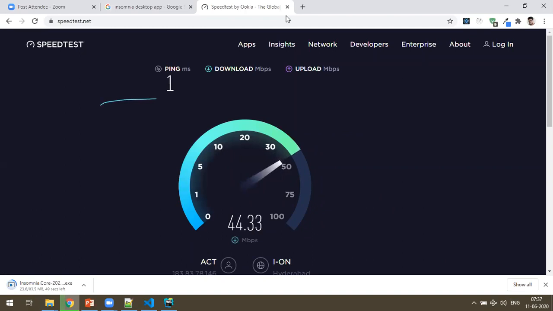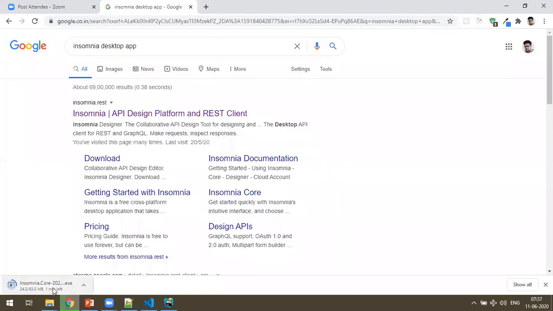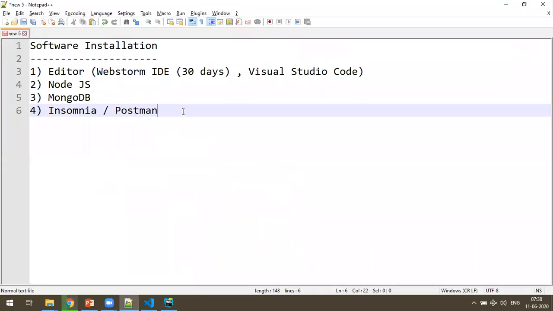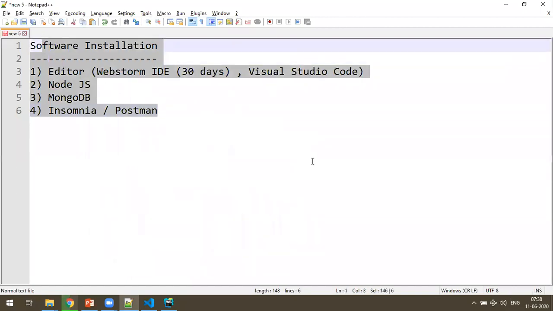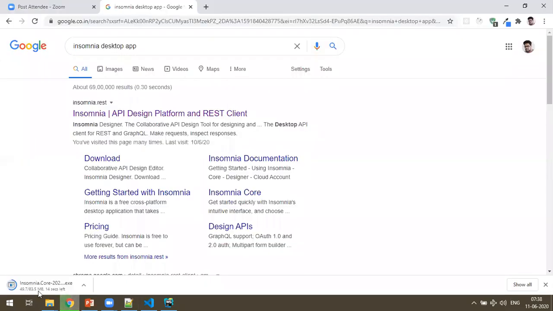Speed is fine, but okay, just wait for one minute. Let's let the installation of this finish, and then we'll start with the React.js application. I'll tell you how to create a React application. So once this is finished,